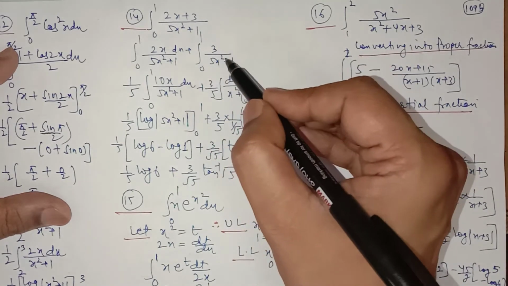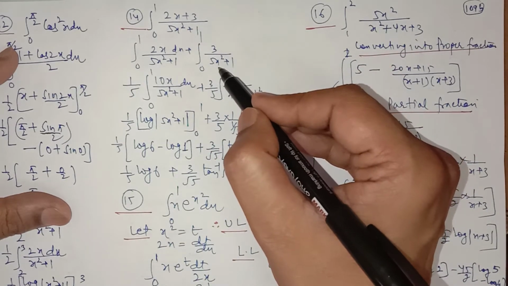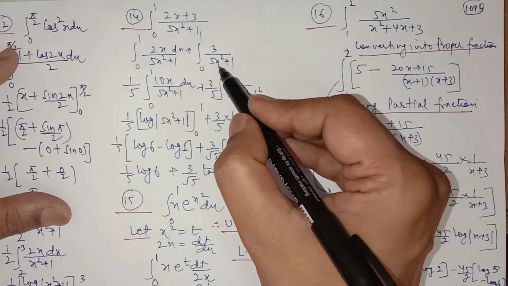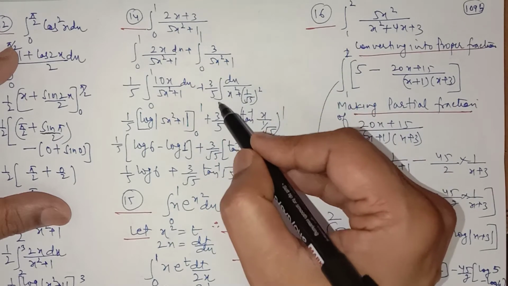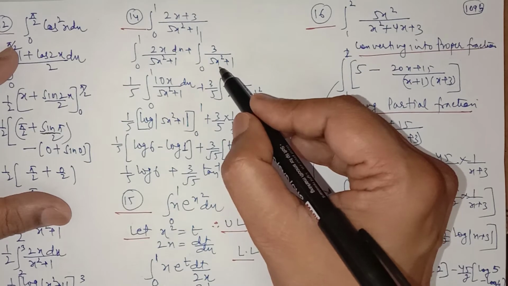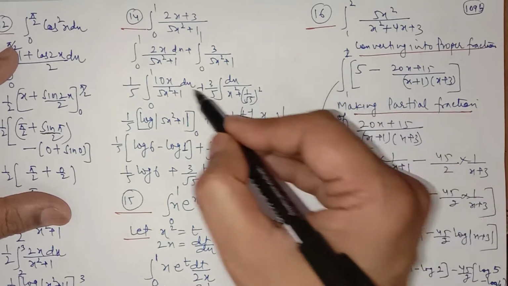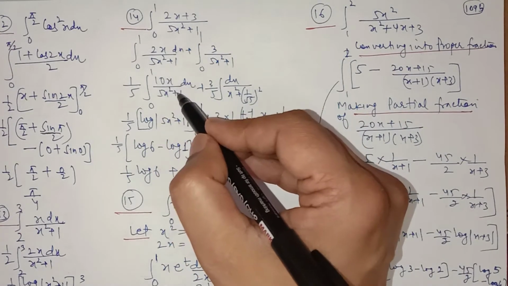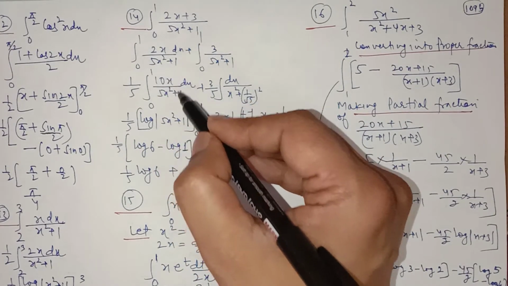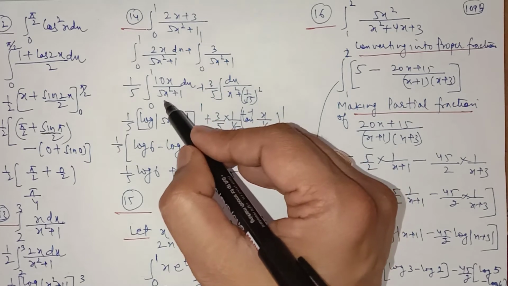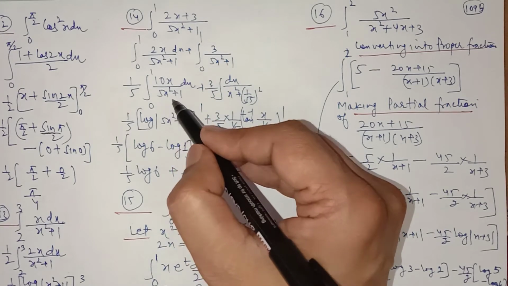And this is a special integral of 1 upon x square plus a square. First of all, you have to make the coefficient of x square as 1 by taking 5 common. So it will become x square plus 1 upon 5, that is, 1 upon root 5 whole square. Now you have done this type of integral where the derivative of the denominator is in the numerator, the integral is log of the denominator, that is 5 log of 5x square plus 1.